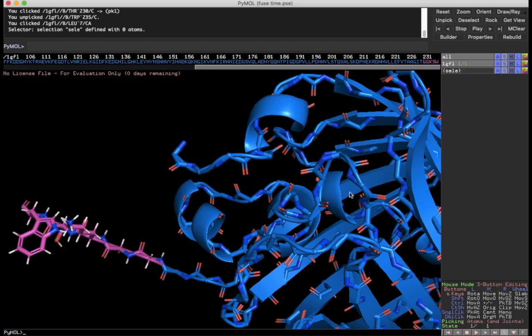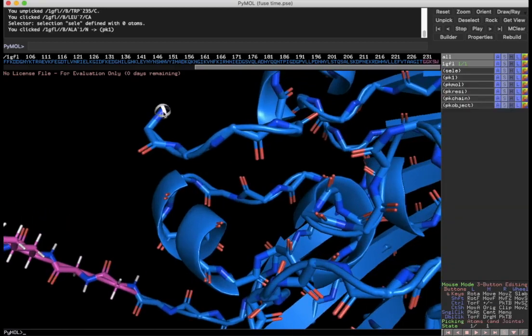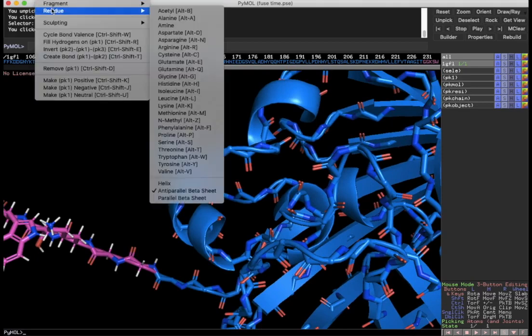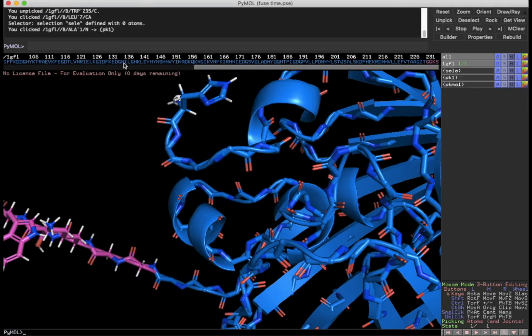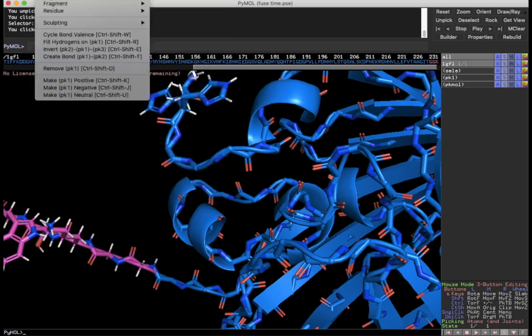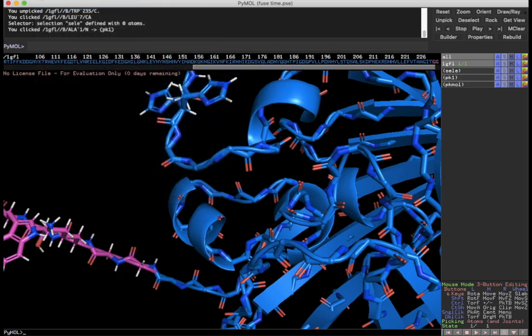We will go to editing mode here. We're going to click on the N-terminal nitrogen. So again, it'll say PK1 here. And we can add on a build residue histidine, all right? Now, histidines or polyhistidine tags are very common for purifying proteins. And so let's go ahead and add a couple of those. All right, so there's one. You can use the shortcuts here if you want. Let's add 2, 3, 4, 5,